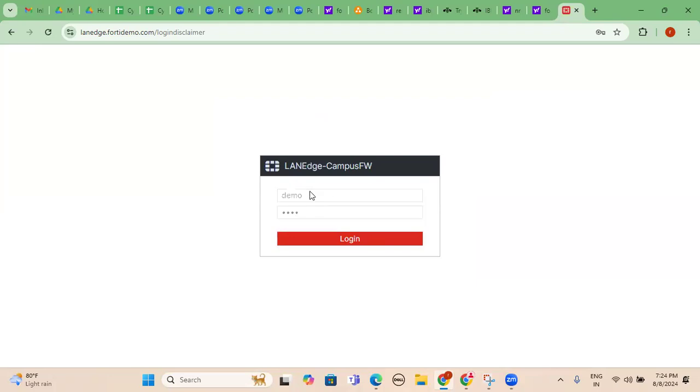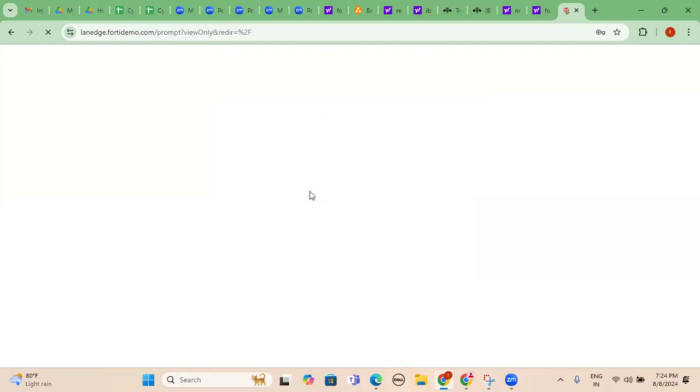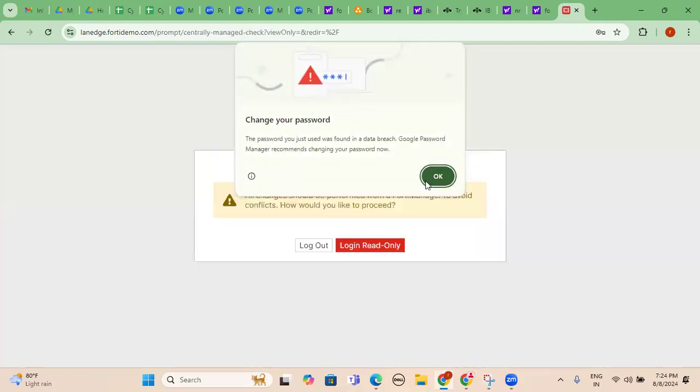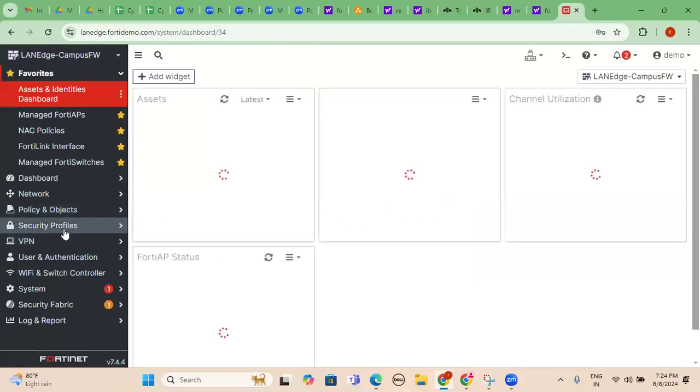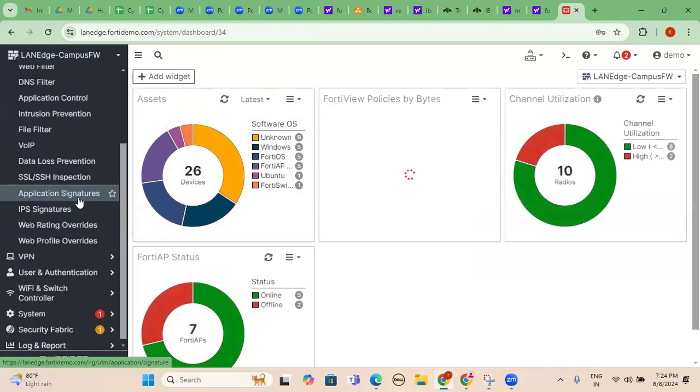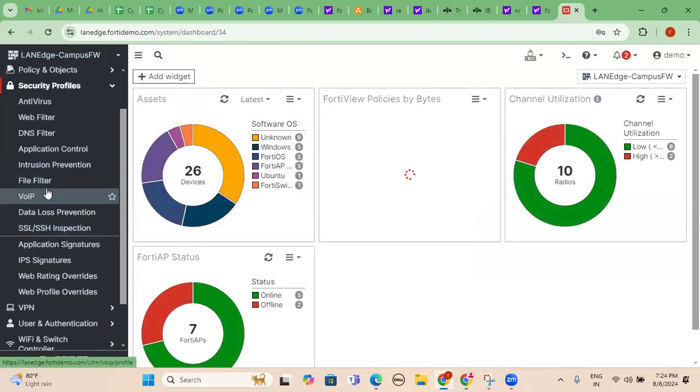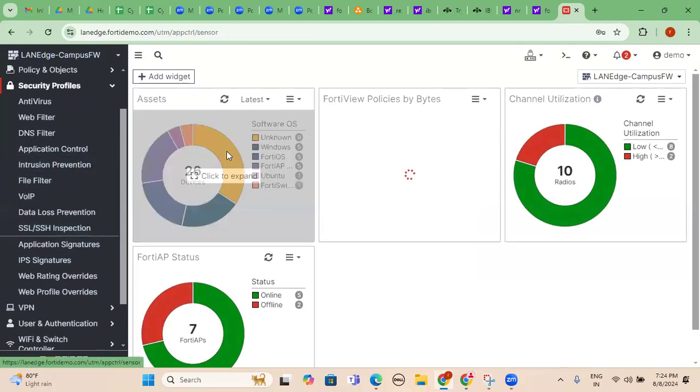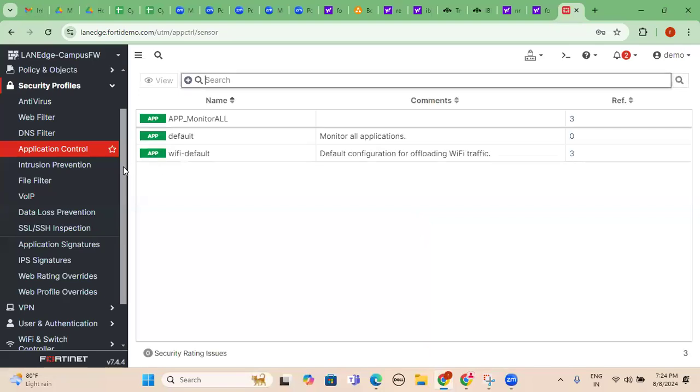In a similar way, with the EDR tool also, we can log in and check the policies. What are the different types of policies accepted by the EDR tool? It depends on vendor to vendor, but most vendors follow similar types of policies. Under security profiles, you can see here app control. Can you see the app control option? Can you see my screen?